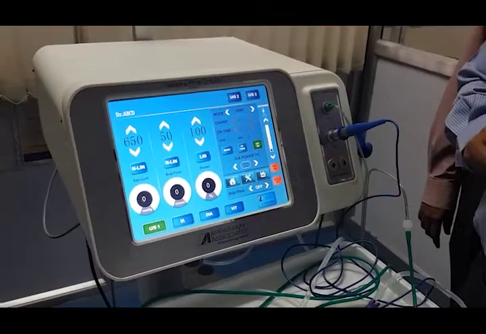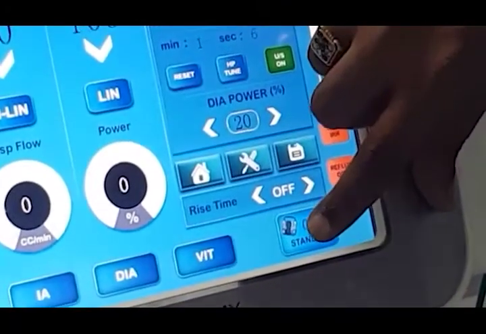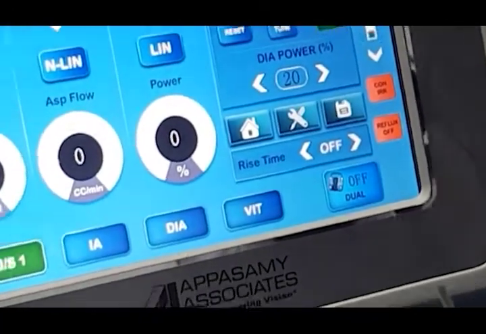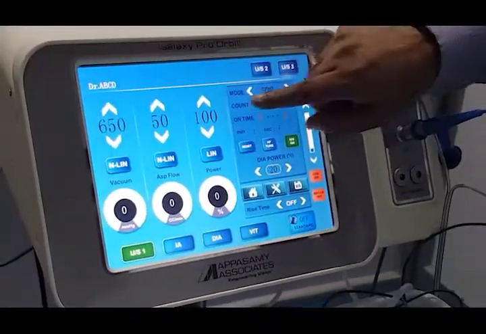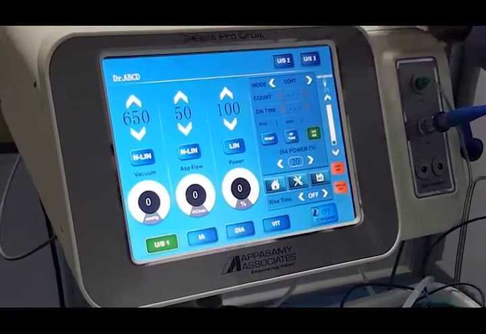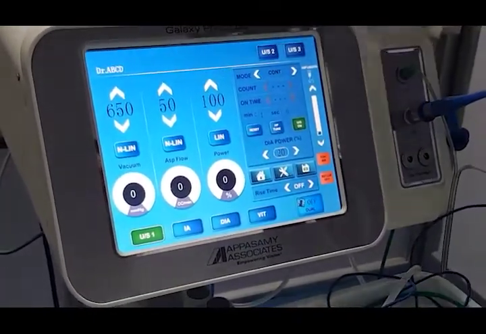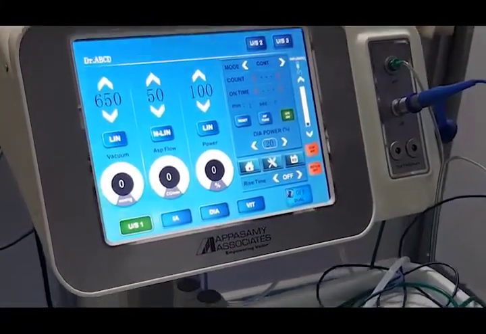Galaxy Pro Orbit has the feature of a standard foot pedal as well as a dual linear foot pedal option. Whenever you select the standard foot pedal, only ultrasound energy can be varied linearly. When you select the dual linear option, vacuum can also be varied linearly.